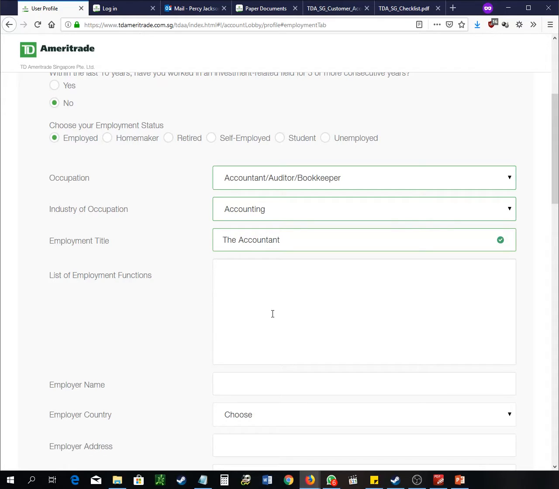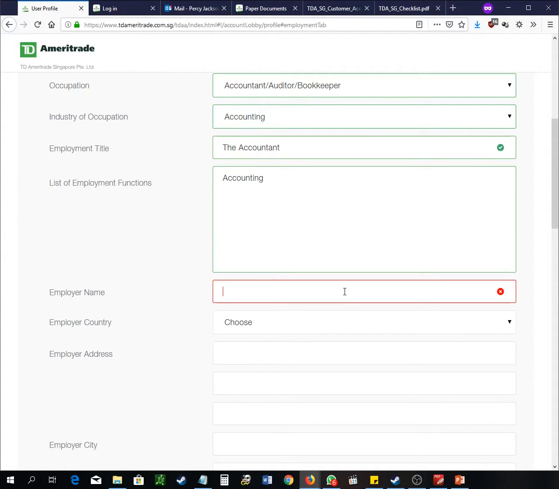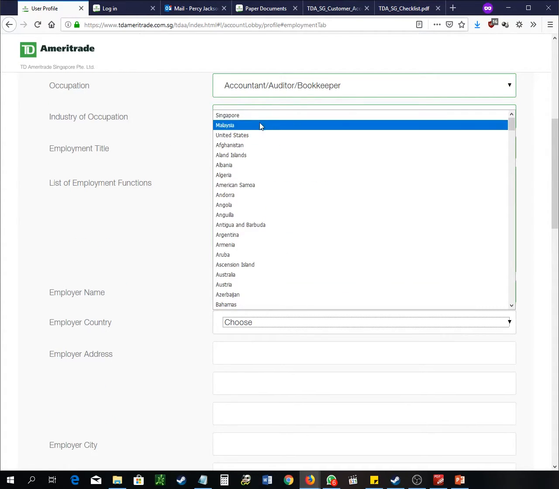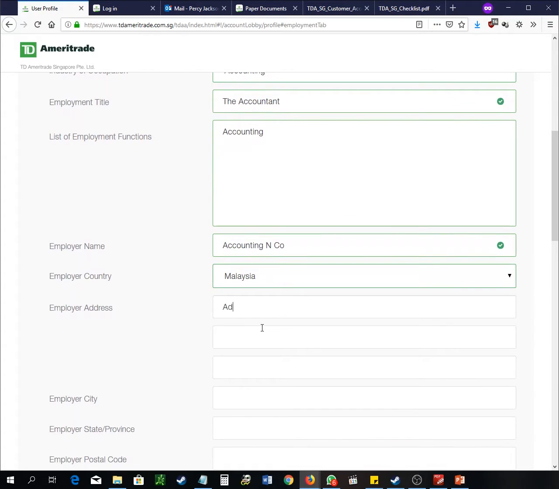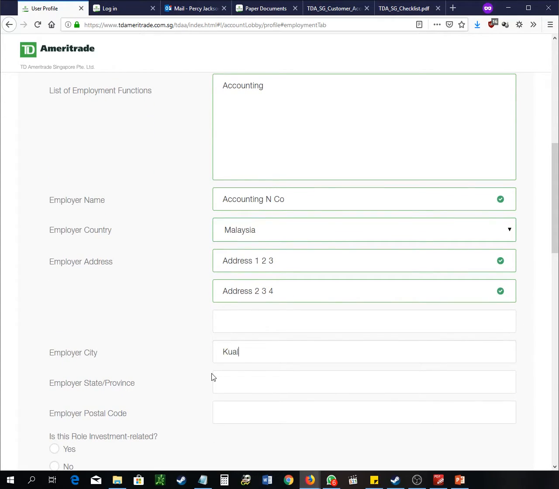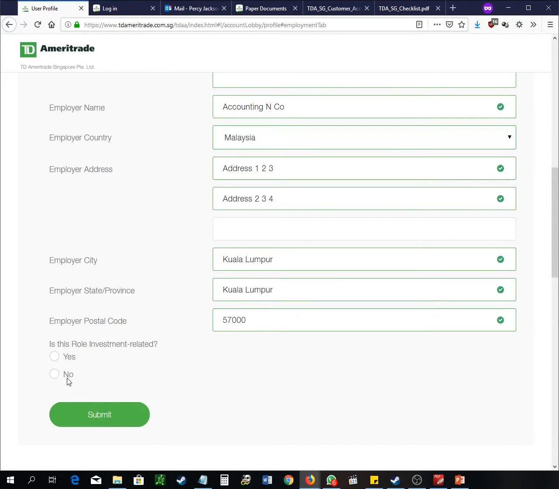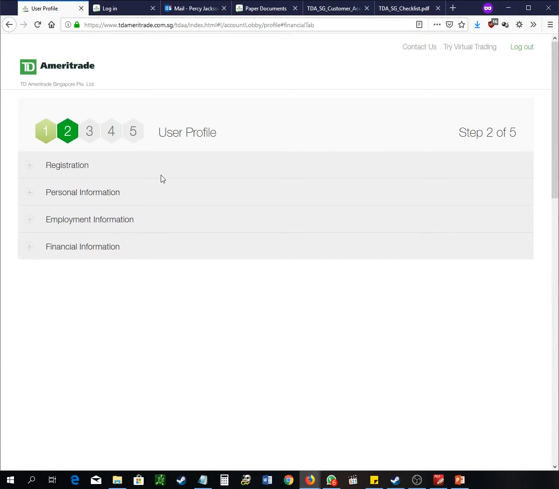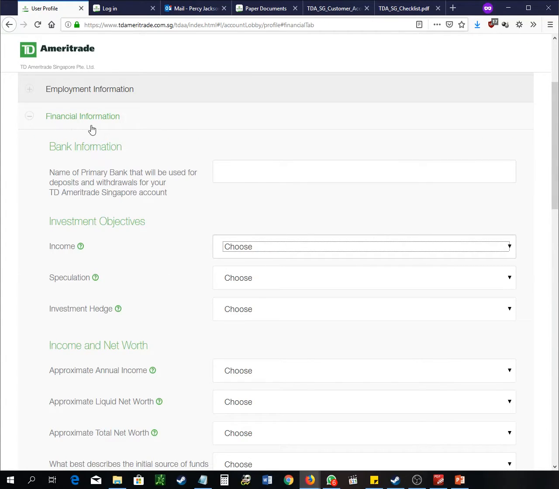And then the list of employment functions, right? An employer name, the country that you're employed at, the address, the city of employment, of course the state as well, postcode. So is this role investment related? Definitely not. Right, so I go ahead and click submit, and you'll come across the next portion, which is financial